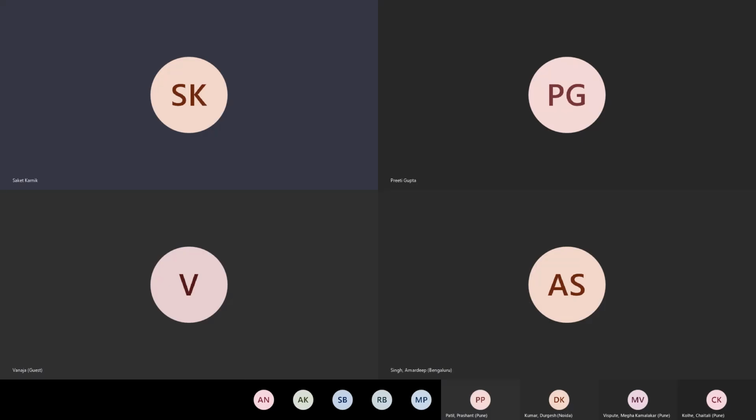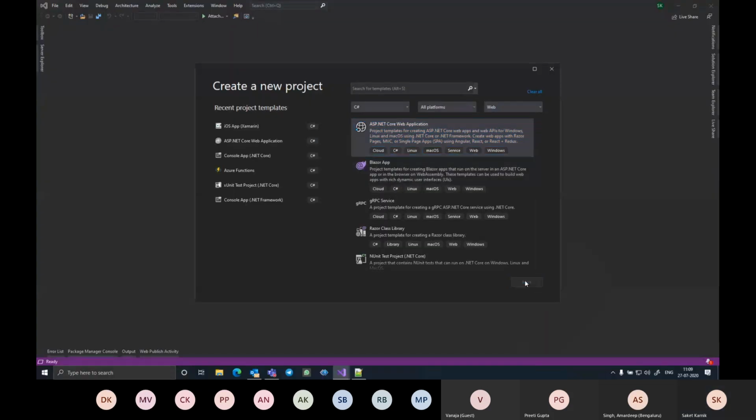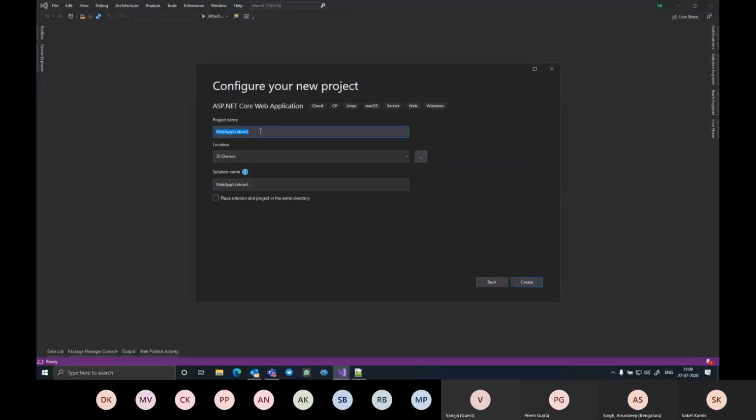Specific to the web application development, and I select ASP.NET Core Web Application. Click Next. Give the name for this project. We'll call this DNC for .NET Core underscore demo CRUD using